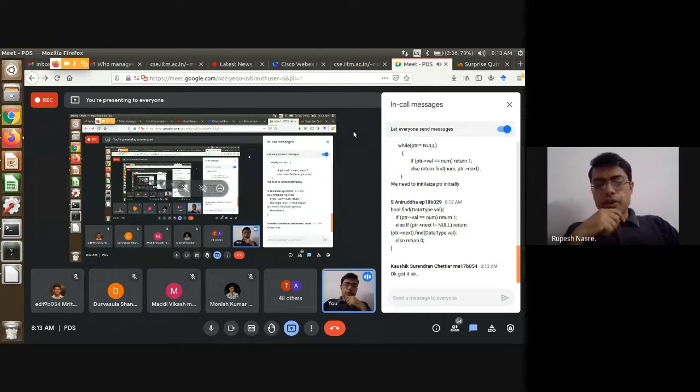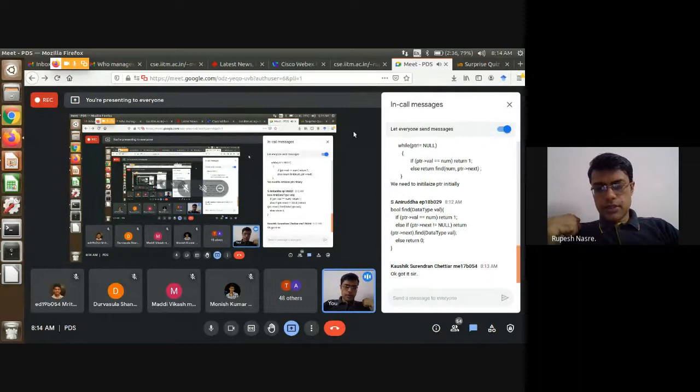Okay, so let's say that you have written find on the node. In that case, it might still be all right. But you are still calling find from the list and then internally calling it recursively for the head node. Sure, that is fine.